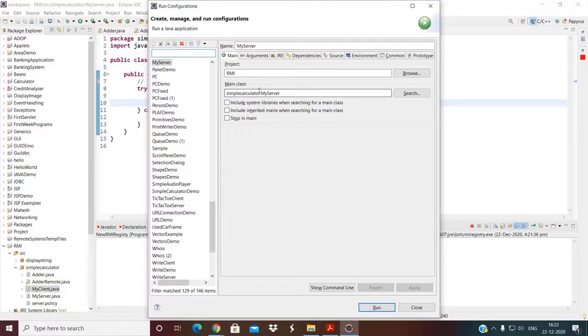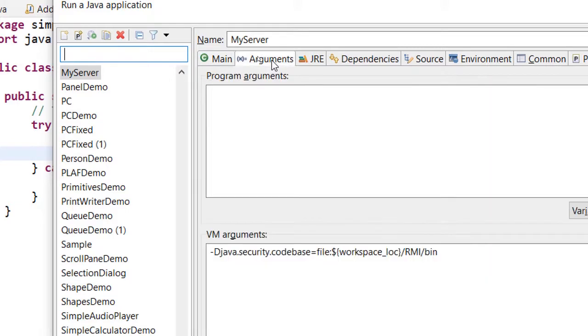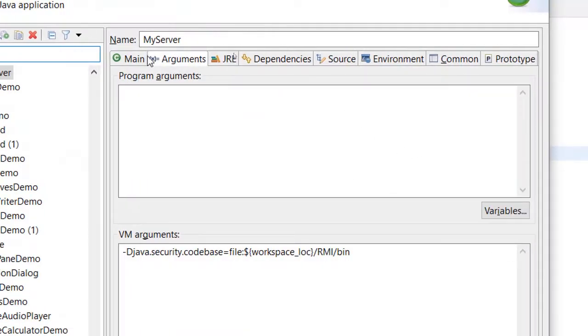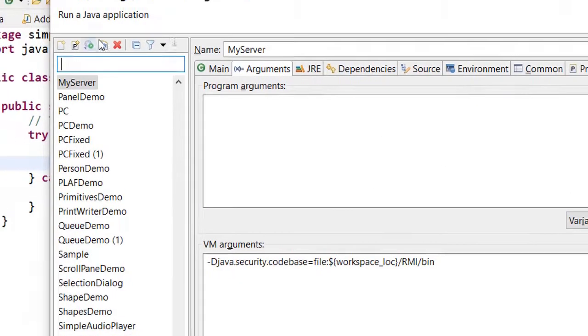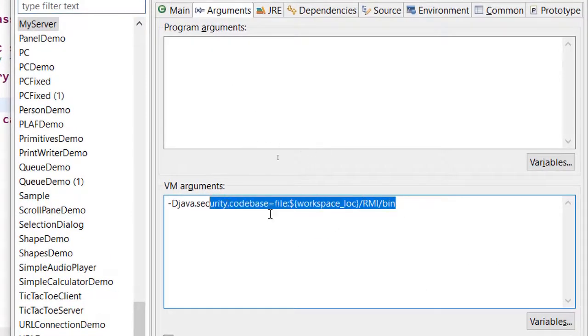So here what you will notice is the name of the class file is your simple calculator.myserver, right? So here what is important is these arguments. In the arguments tab under the run configuration, you need to specify this one. So you might be asking from where I have picked this one.